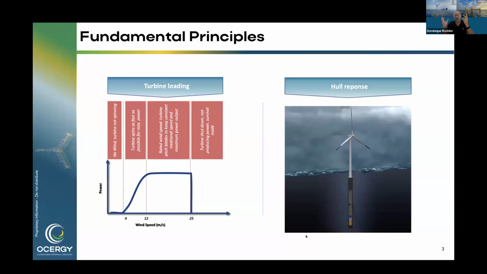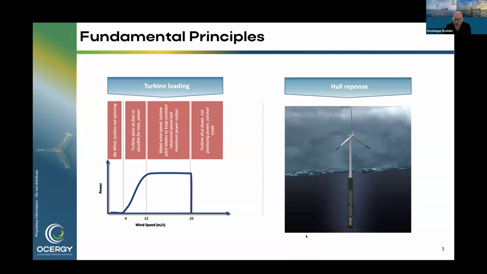So what you do is you pitch the blades, just like the wings of an airplane when you put the flaps on and things like that. So you reduce the lift such that you spin at constant speed. So between 12 to about 25 meters per second, so 50 knots, you generate a constant power. And after that, you pitch your blades completely into the wind so they don't generate any lift, and you stop